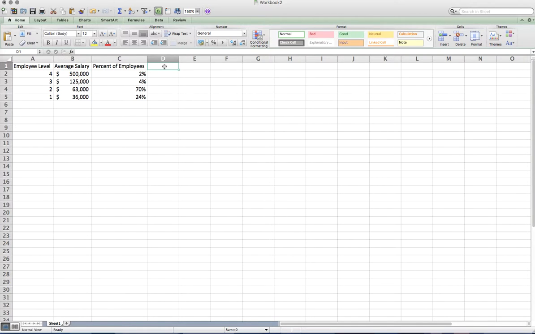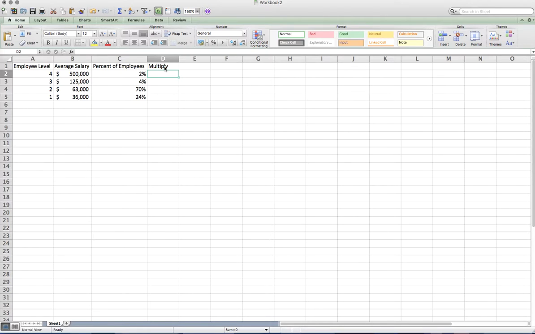So if you remember, when we're calculating a weighted average, basically what we're doing is we're multiplying and then we're adding things together, and then we're dividing by the total weight. So I'm just going to create a new column here that's called multiply, and all I'm going to do is have Excel do the multiplication for me. If I were to do this by hand, I would take the 500,000 and multiply it by the 2%. I don't really want to have to do that by hand though,